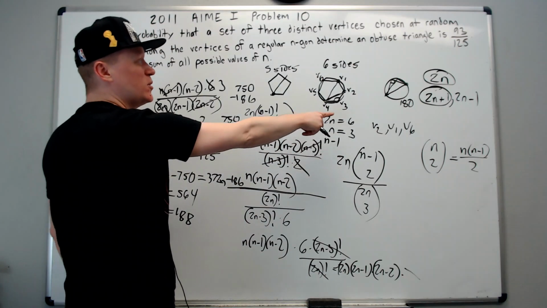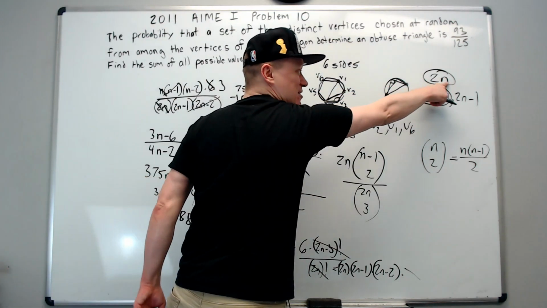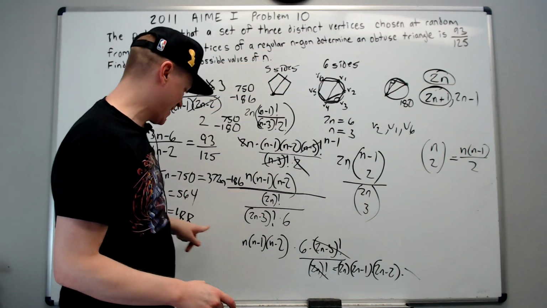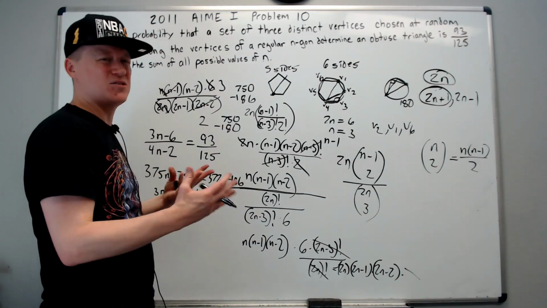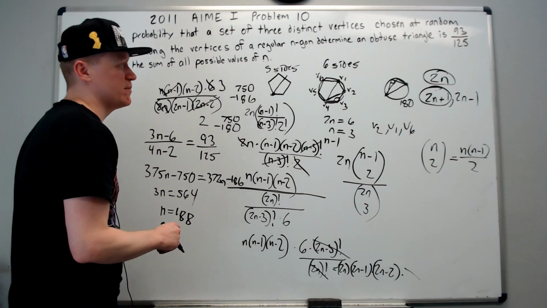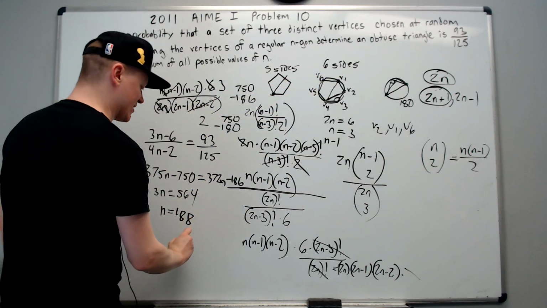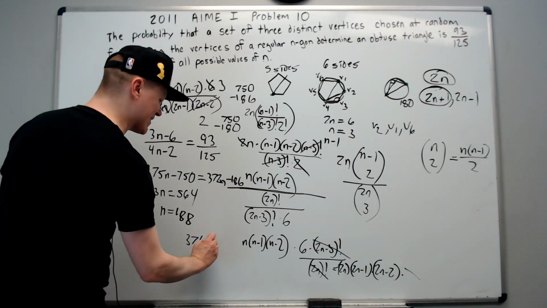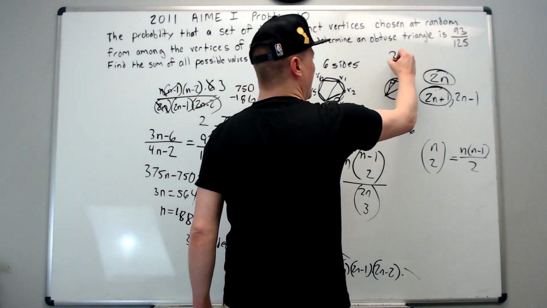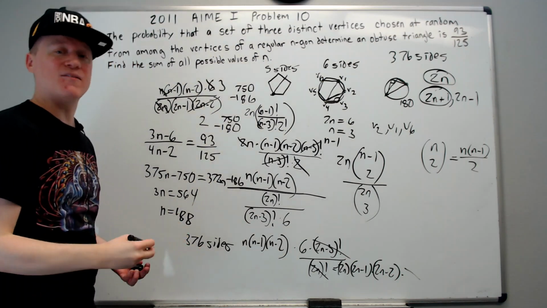Again, we were dealing with 2n as the number of sides. It's that n in the 2n, and we're looking for all possible values of this n, not the n that we're using. Be careful with that when you use the same variable for different purposes. In fact, we probably should use a different one, but oh well, damage is done. So 2n is 2 times 188. That is 376 sides. So when we have 2n, we get 376 sides. Now we need to do the same thing for odd.